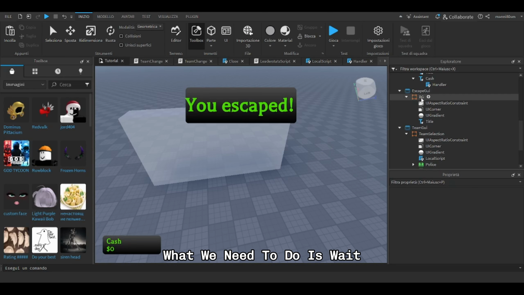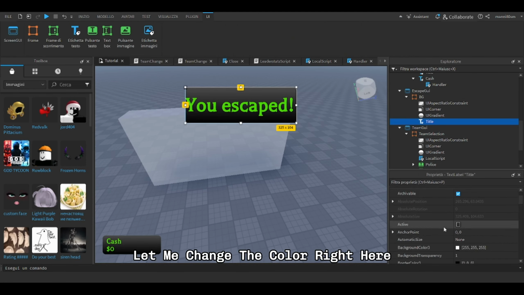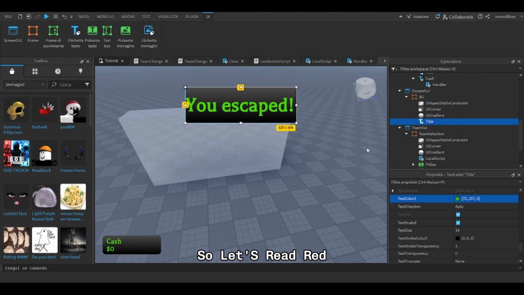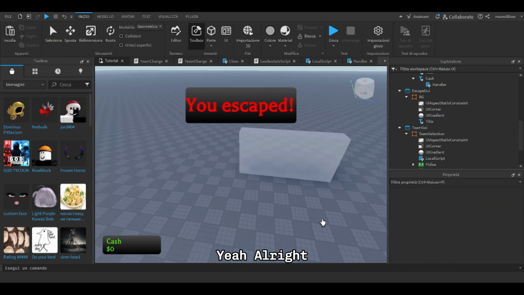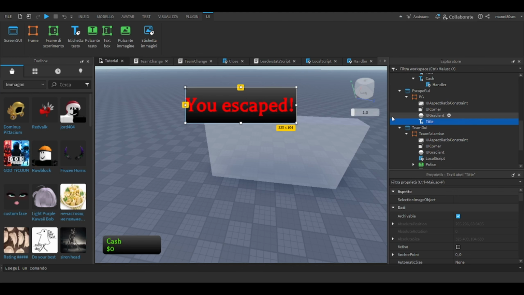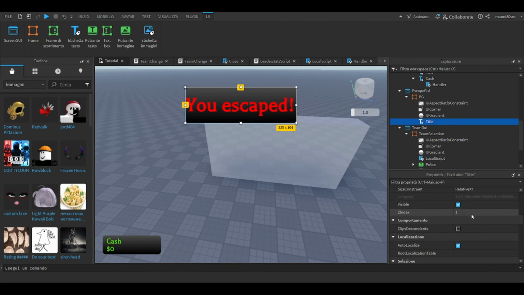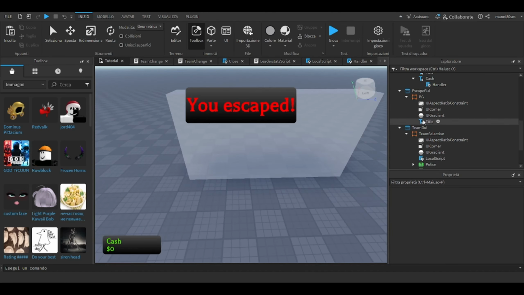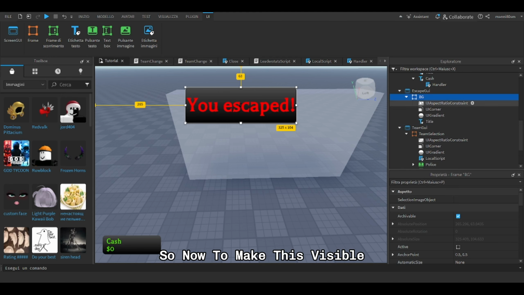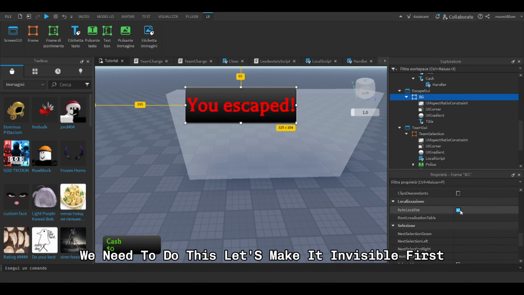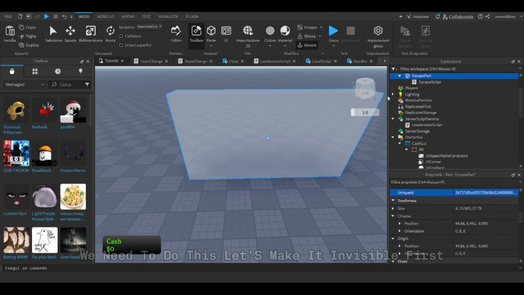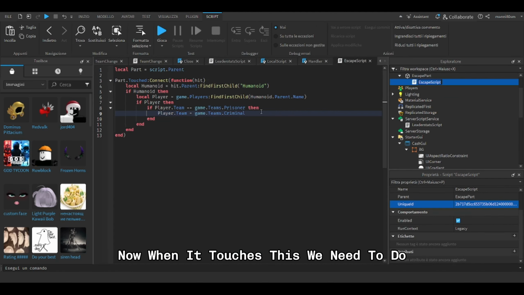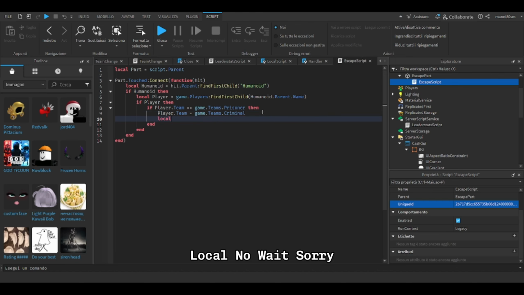So now what we need to do is, wait, let me change the color right here. So let's make it red. Yeah, all right. Okay, now it's better. So now to make this visible, we need to do this. Let's make it invisible first. Now when it touches this, we need to do local, no wait, sorry, okay, let's